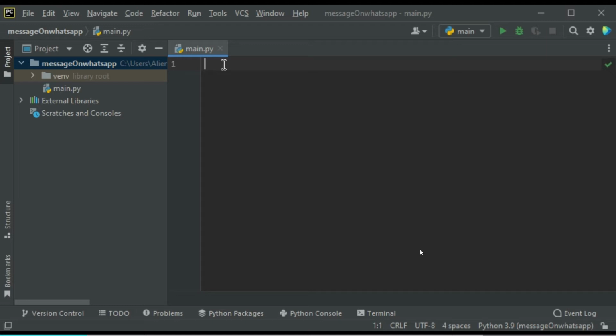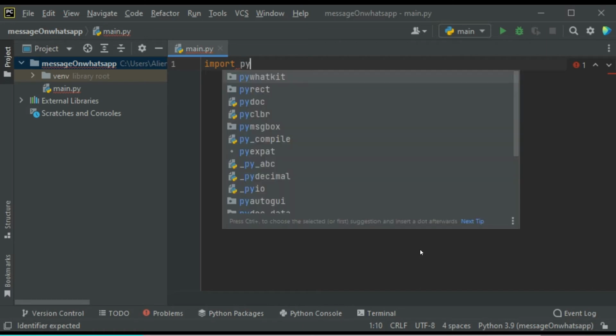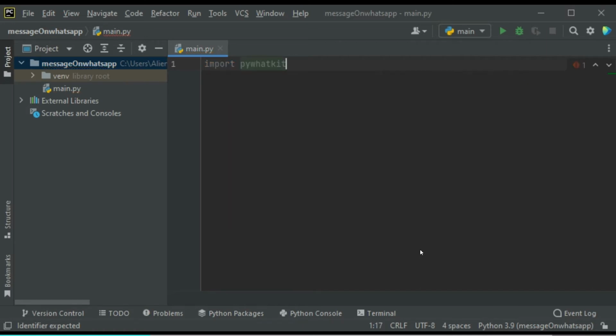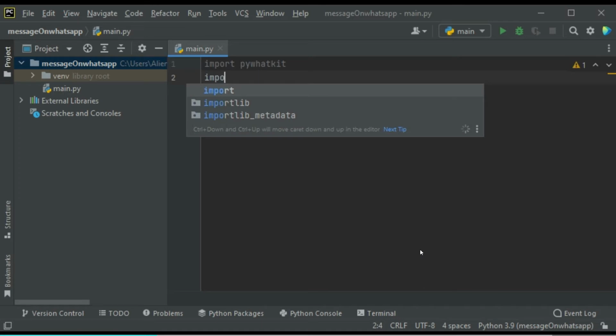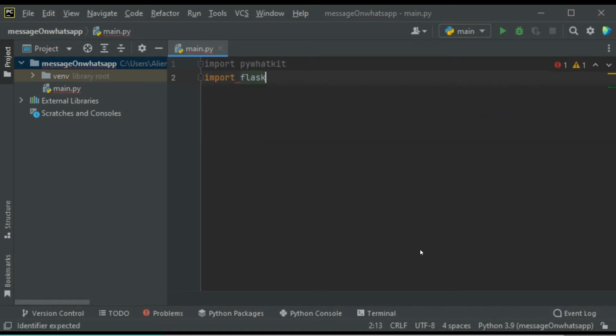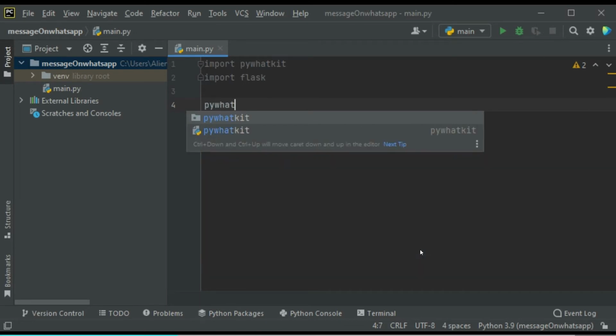So all you need to do is basically start off with PyCharm. For the current IDE, I'm using PyCharm. And let's start. Let's import a few of the libraries. So kit, and we need to import Flask, and then this is the script. So it's kit